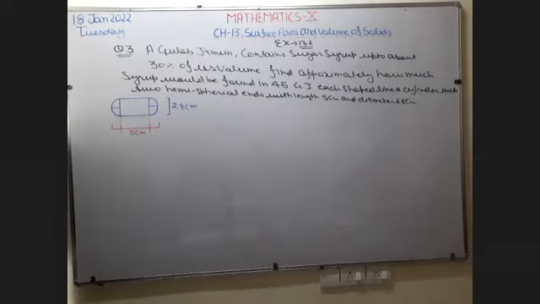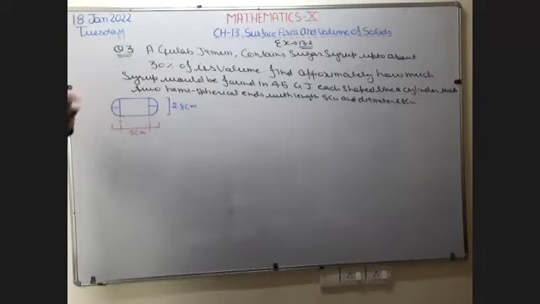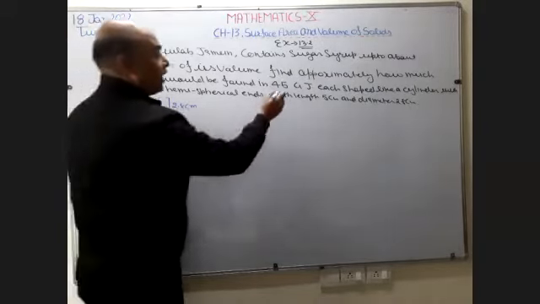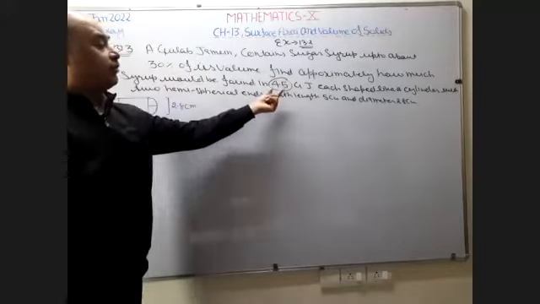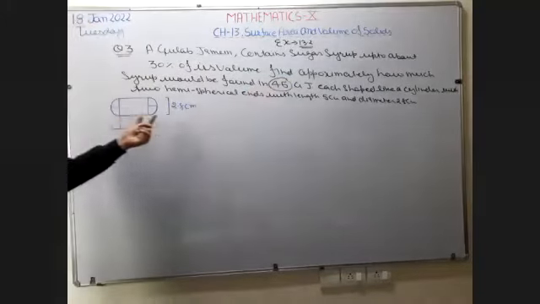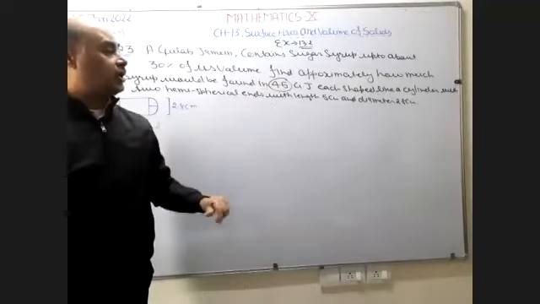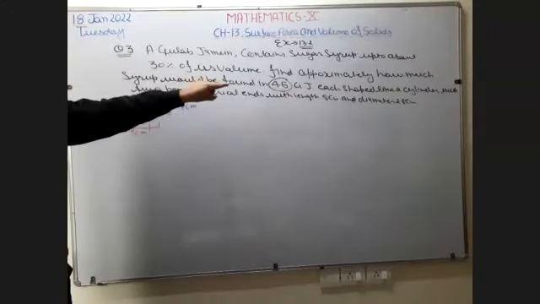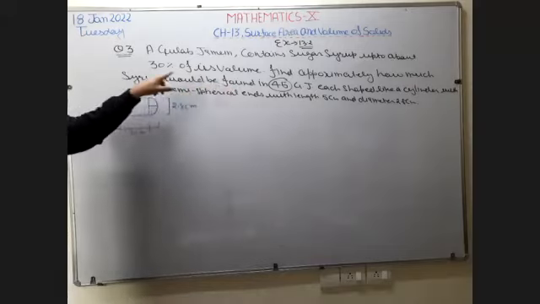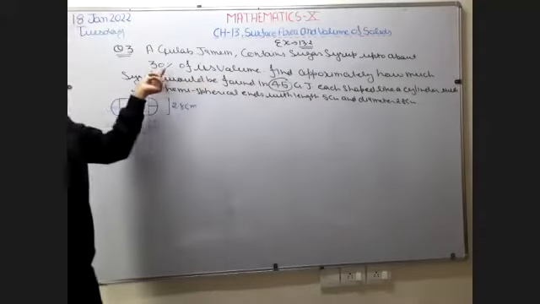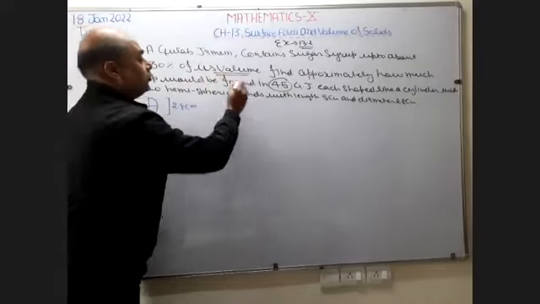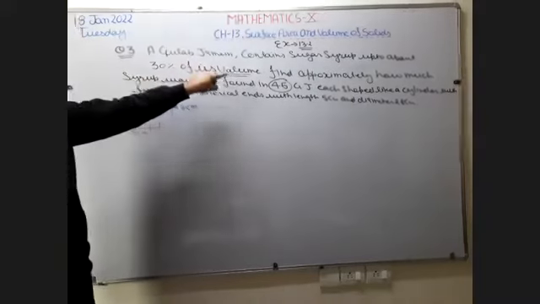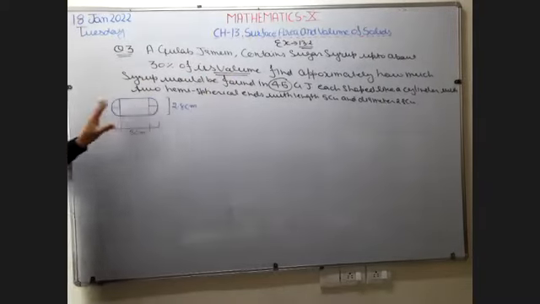How are you going to start this question? First, I want to find the volume of one gulab jamun. After finding the volume of one gulab jamun, I want to multiply it by 45 because the total quantity is 45. It means we have to find the volume of 45 gulab jamuns first. Then we take 30% of the volume of the 45 gulab jamuns, because the sugar syrup is 30% of its volume. So I want to find the volume of